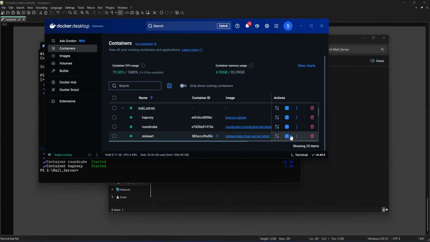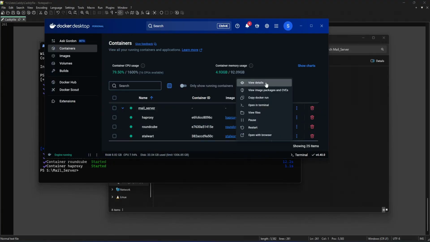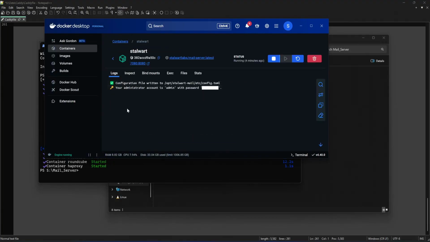So to start this off, if you want to check logs, you find the container you want, go over to the three dots, and then click View Details. Once you do that, it's going to show you your logs right here. The only two logs that this container is going to show are these ones. It's going to tell you all your configuration where it was written to on a TOML file, and then your administrator account